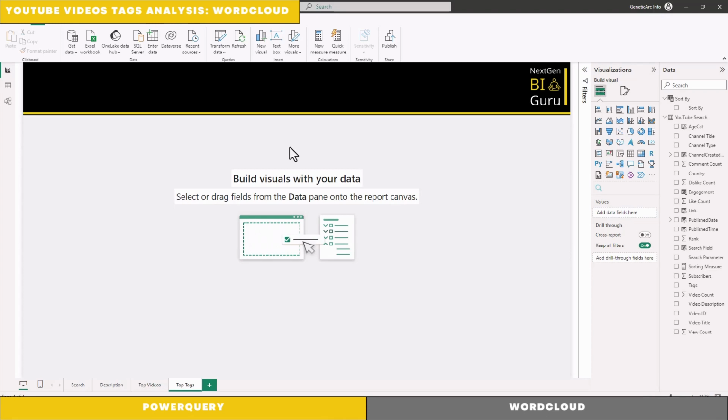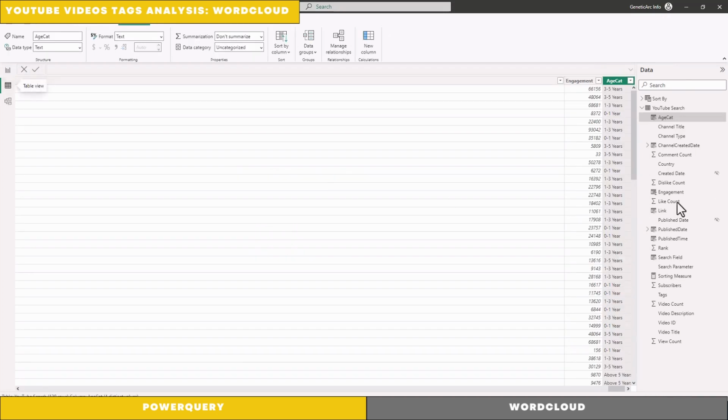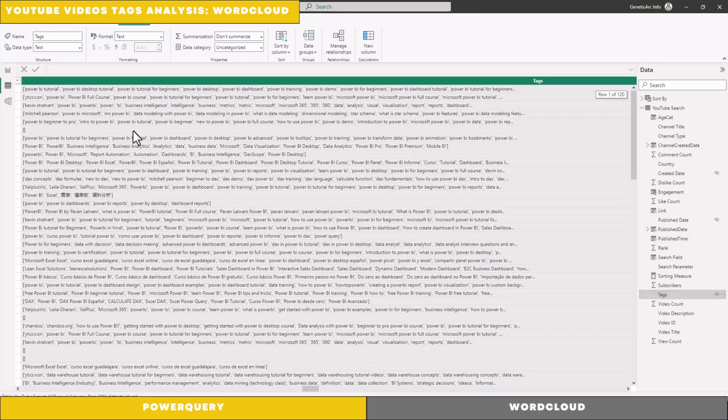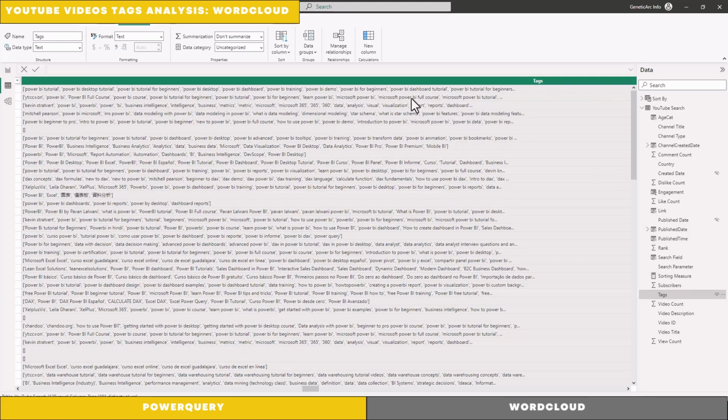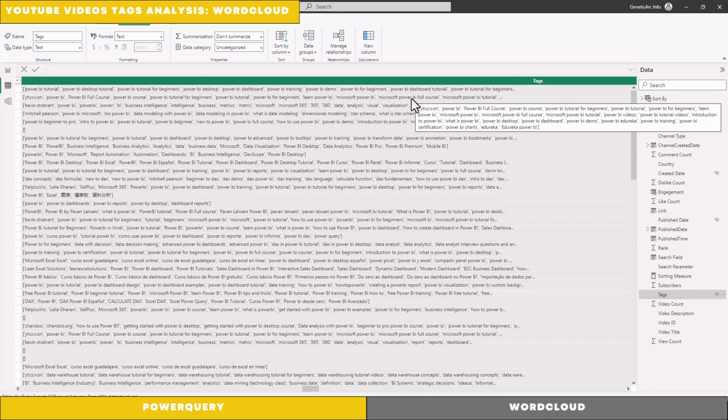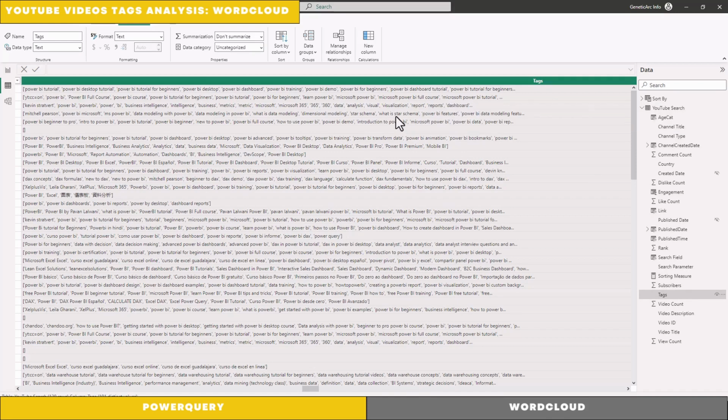Now we managed to get the top performing videos and we were able to sort them based on different metrics and slice them. We want now to find the top used tags. If you remember from the first part of this project, we got a feed for the tags, and if you see the tags there, each video has many tags associated with it. So we want to find a way to find what are the most used tags based on different filters, and to do this we'll start from transform data.